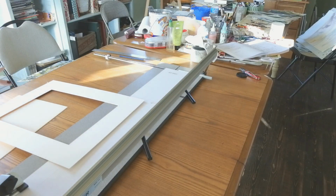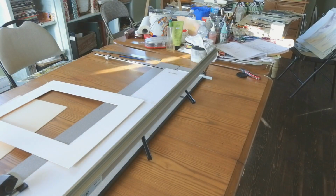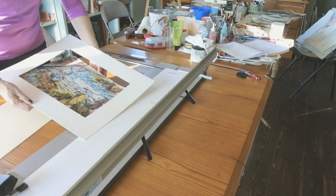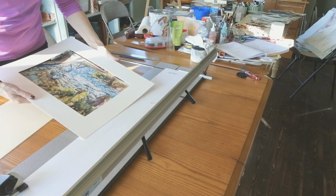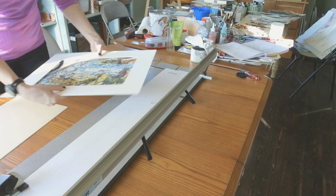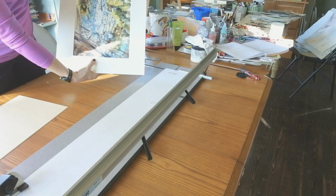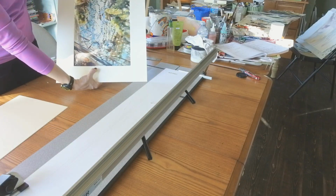And now I can take a look at my painting and make sure it fits. Just checking again with a nice little overlap. And it's upside down as usual. And there she is. And now I'll cut a